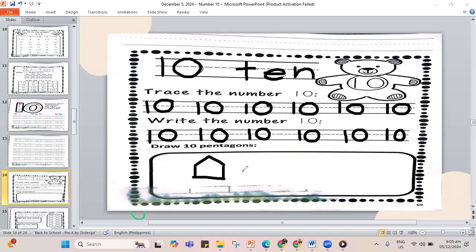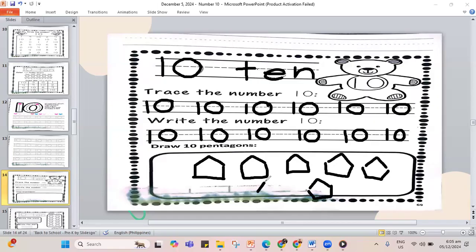See, we have pentagon. That's the pentagon shape. It has 5 sides. Let's do it again. That one is already 1. This is 2. Then 3. Then 4. Then 5. Then 6.